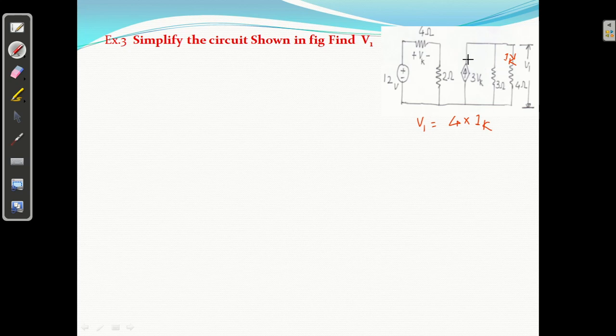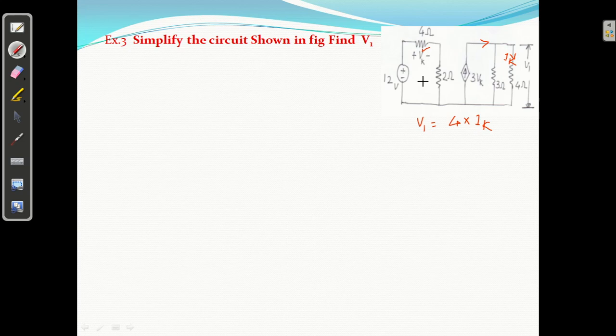How to find Ik? The current is coming, this is the current source coming from here, right? So how much is 3 Ik? How much current is coming here? 3 Vk, and it will require Vk. So where is Vk? This one. This is the dependent source, dependent current source, so it depends on Vk. So first of all we have to find Vk. Is it clear? If you want to find this answer, you have to find Vk.